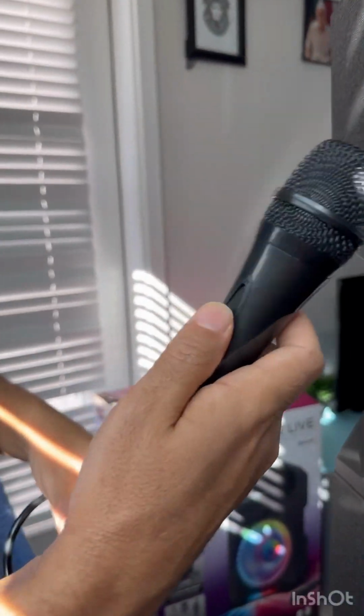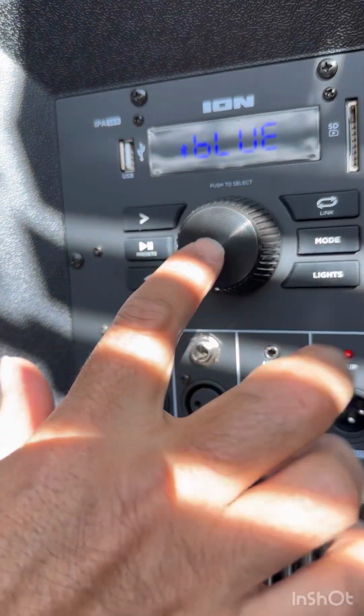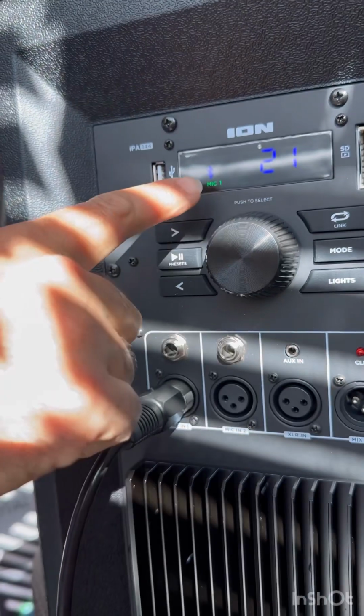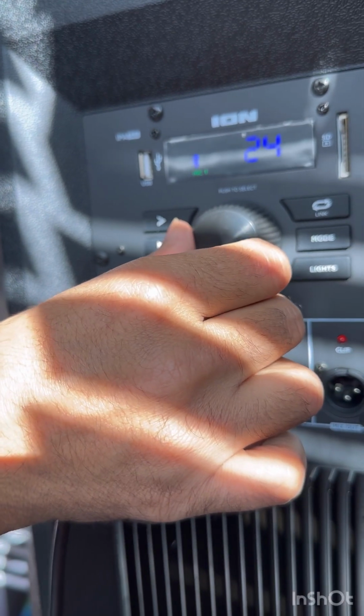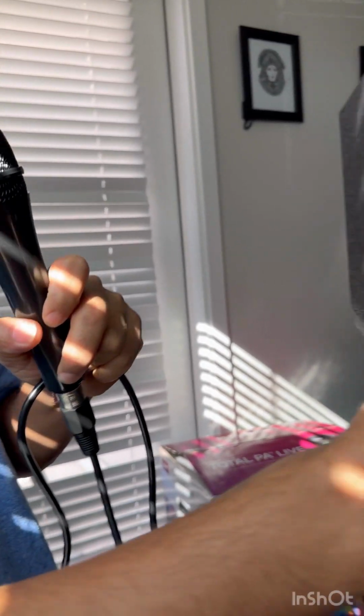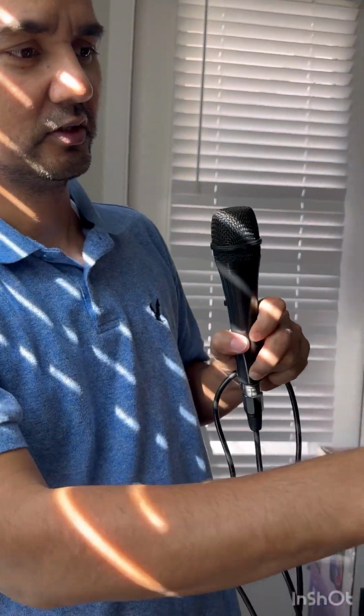There is turn on, off, on. This is still not in. So the main thing, don't forget to push this into MIC 1. So sound, how bigger you want. Right there. Hello, hello, hello. This is connected. Hello, hello. Okay, this is connected now. So now you can enjoy your speaker with mic and